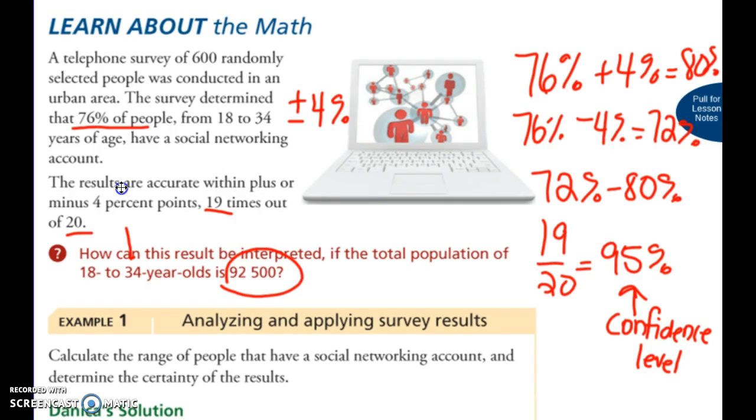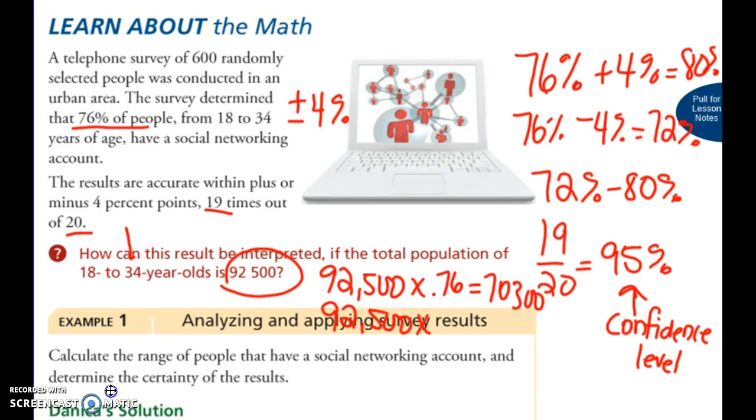Okay, we're looking at the population of 92,500. That's a population of 18 to 34-year-olds. So if we take the 92,500 and we multiply that by our percent of people that have social media sites, you will get 70,300. Again, you'll take the population and you'll times it by our percent error, which is 4%, and you'll get